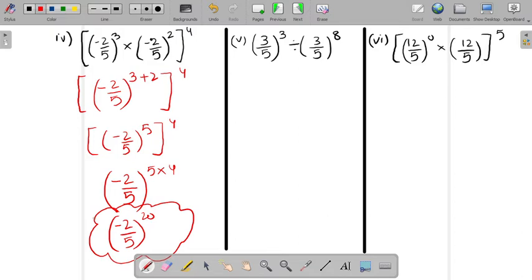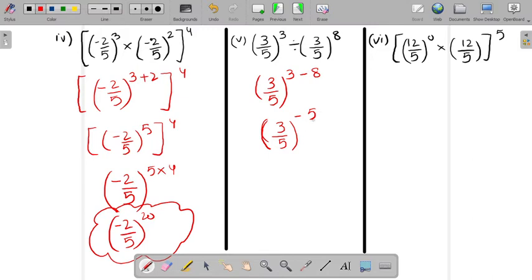Now in the fifth part, the bases are the same but it is in division form. So what will you do? 3 by 5, first power minus second power. So it would become 3 by 5, and the power would become minus 5. But remember that you will not keep the power as minus 5 unless and until it has been asked to write it in negative power or in negative exponent.